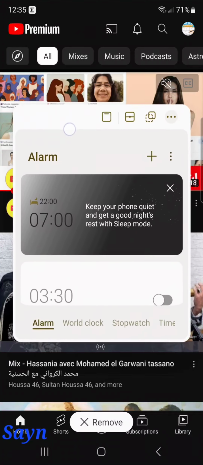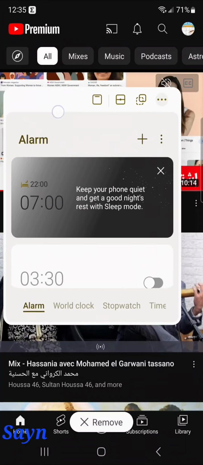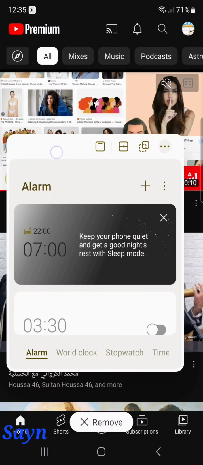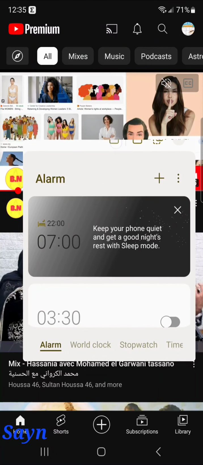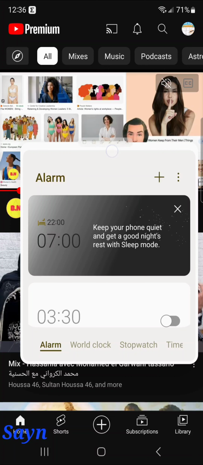So now with this you can move it wherever you want. So two apps are opened at the same time, the YouTube and the clock, and I can move it wherever I want. And if I click here, it takes me back to my normal,